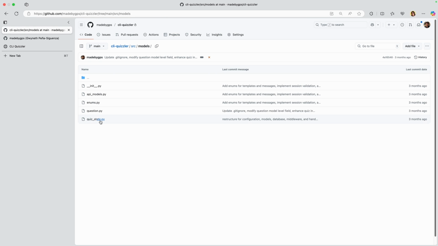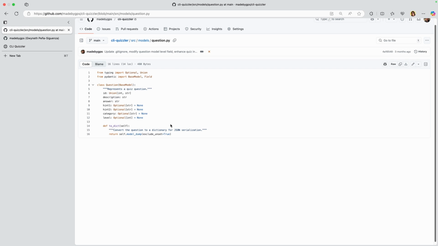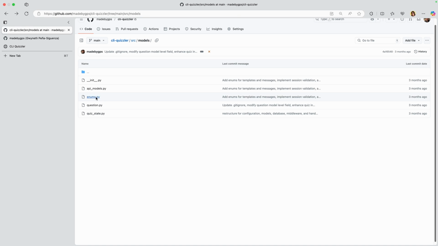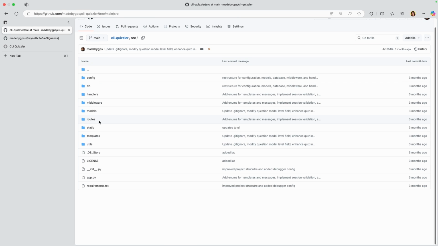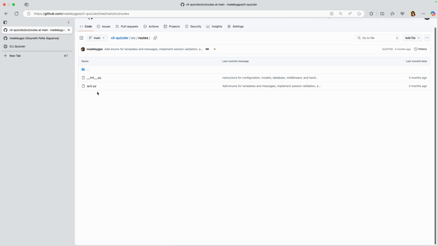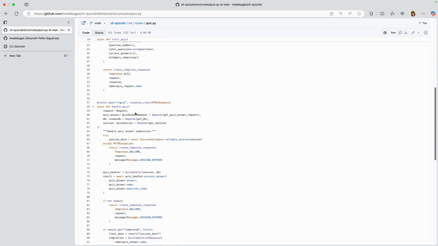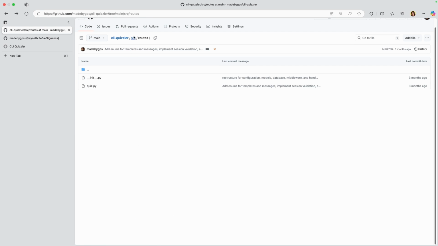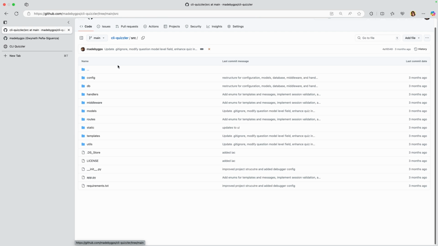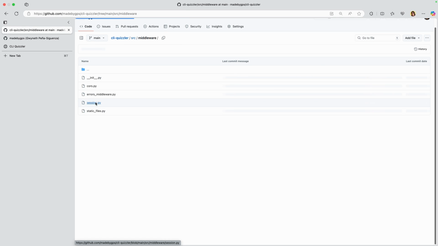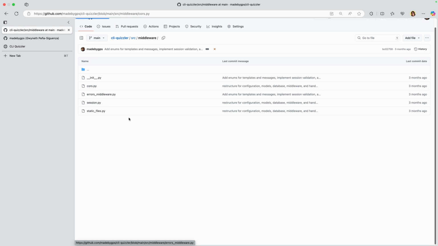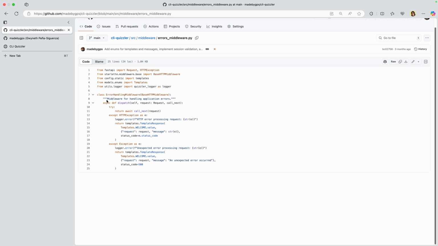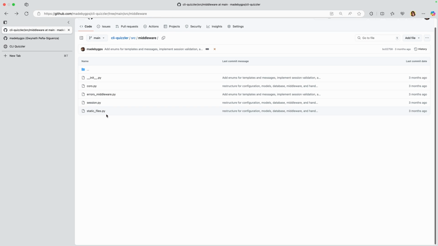Understanding how to model things correctly, how to use Pydantic models, and then how to route things correctly, right? So I have here my quiz and all my endpoints, and then making sure that these things also correctly worked with the HTML, making sure the HTML was getting the correct information, and middleware, setting up, of course. How do you correctly implement error handling, and how do you correctly get this information